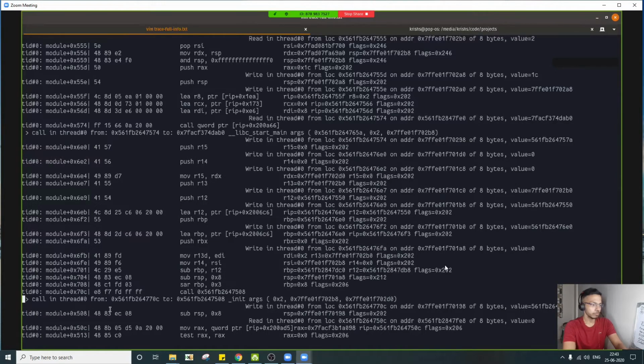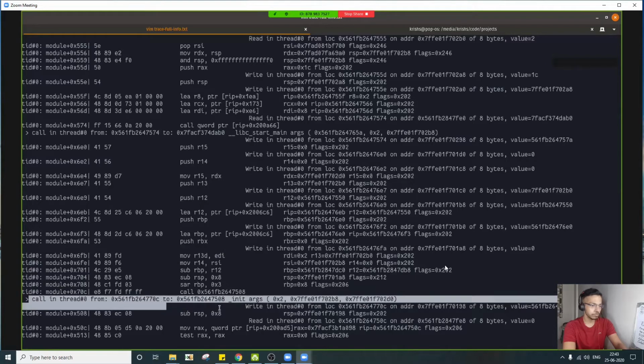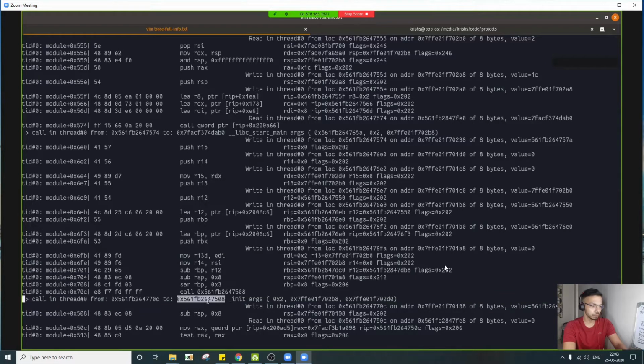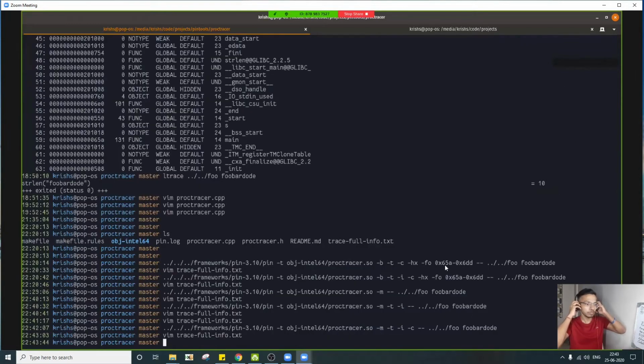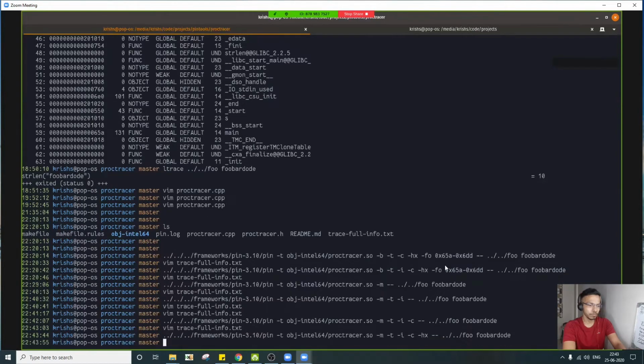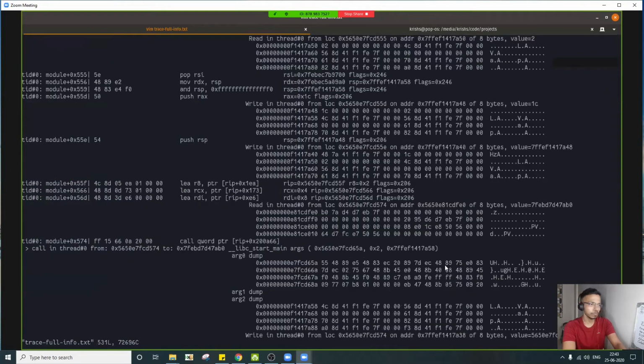When you say you want calls, the call on a particular IP to the target, if the target has any symbols associated with it, then they will be put. And for the arguments, I'm considering 3 arguments to the function right now, but you can extend it to include more. If you want to dump those parameters, the memory, you just add a checks argument, and you should have the data.